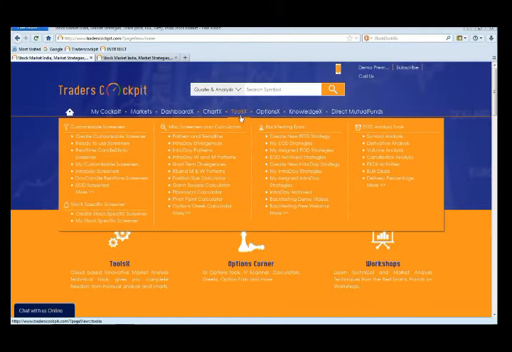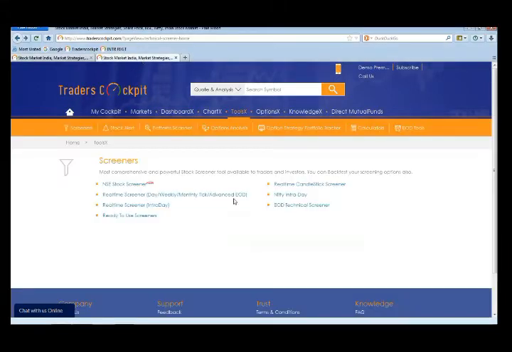To access the intraday and EOD screeners, you need to come to this tool section. In the tool section, you'll find this more option available. Just click on that more option and a page like this opens up. Here you can create intraday screeners if you normally trade intraday, by clicking on this link. Similarly, for people who are into positional trading and want to create an EOD, end of the day, technical screener, they can click on this link here.